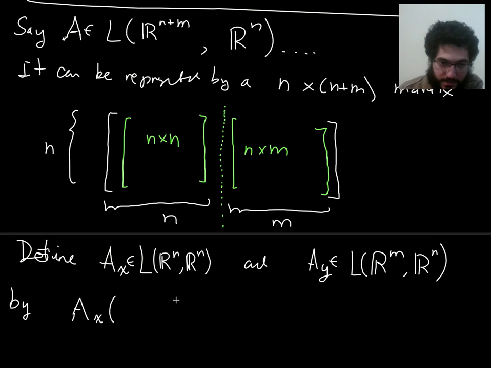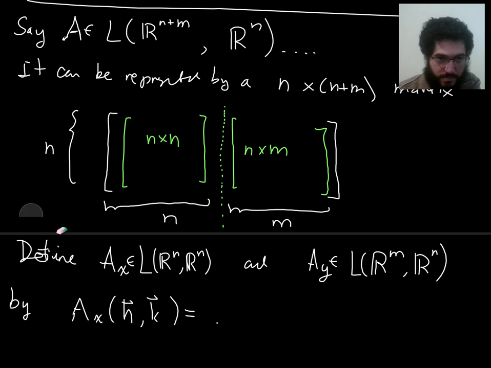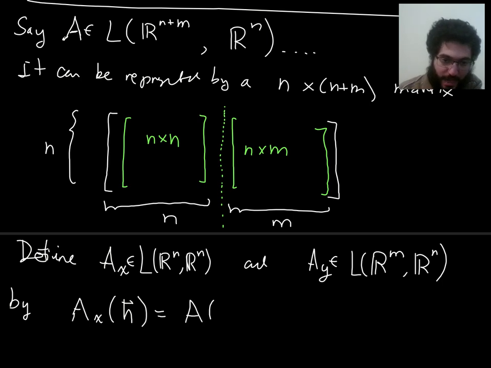A sub x, okay, so what do you apply A sub x to? You apply it to a vector in R^(n+m), right? So we're going to say if you apply it to h, comma k, then... I'm sorry, you don't apply A sub x to vectors in R^(n+m). You apply A sub x to vectors in R^n, like h. We're going to say when you apply it to h, then what you do is you apply A to h comma 0,